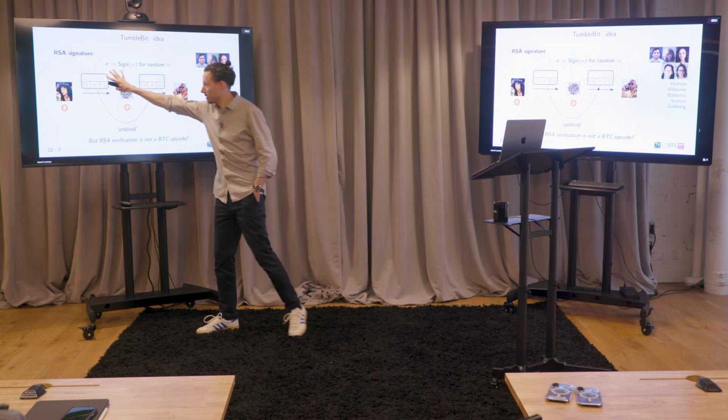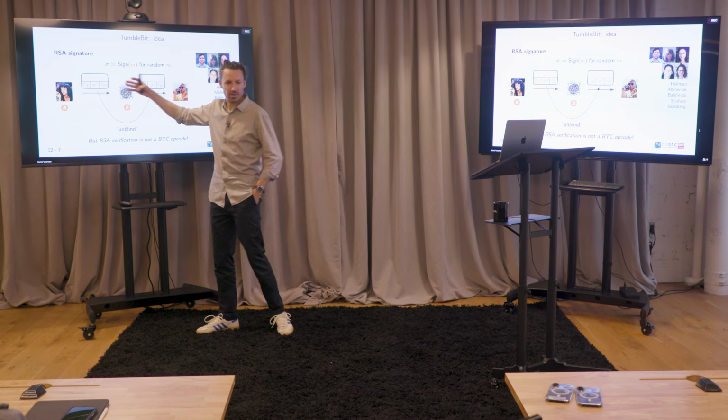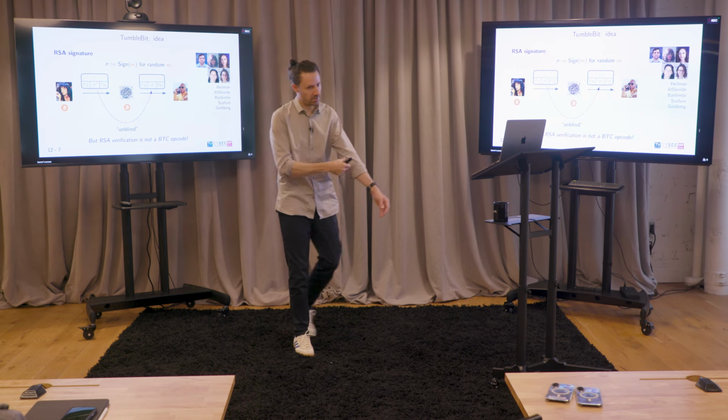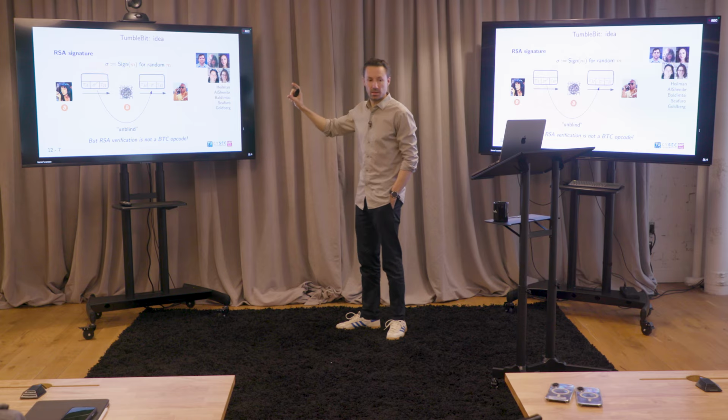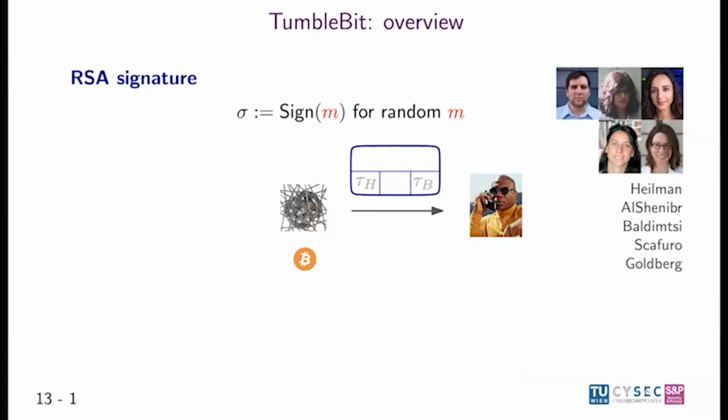But here there's only an M prime, and that's information theoretically unrelated to M, and so the two payments are unlinkable. Here's how you get this to actually work. What we want is a mechanism so that if Bob has a signature on M, he gets the payment, and otherwise he doesn't, right?